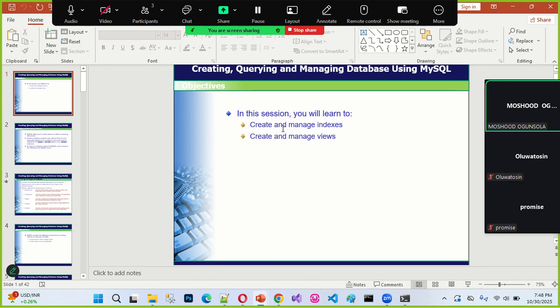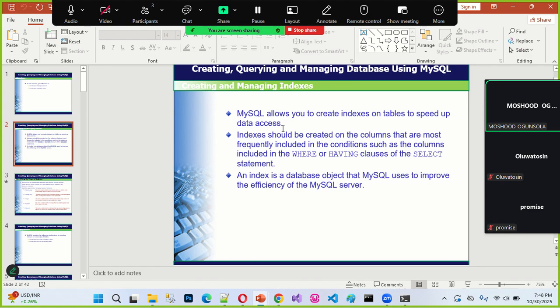In order to improve the processing of retrieving records from a database when we are using a select statement, we need to understand what an index is. Because an index allows the user to speed up data access. An index allows the data access on a table to be very fast. And that's why they say MySQL allows users to create an index on a table